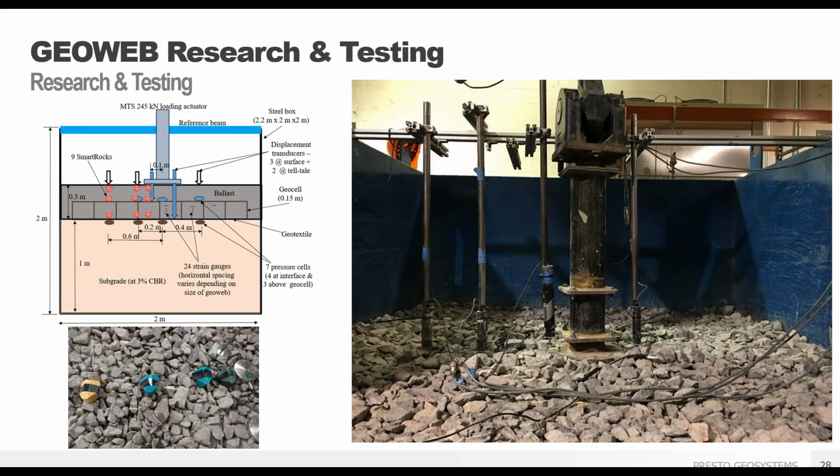Just recently, a lot of the Class Ones understand how GEOB saves them money, but really don't understand how it works. So we went to the lab and did some additional testing with the University of Kansas, who did the research. Oregon State performed finite element analysis modeling. We looked at each test. We looked at earth pressure cells. We also used smart rocks, which included motion vibration sensors that record how that ballast particle moves.